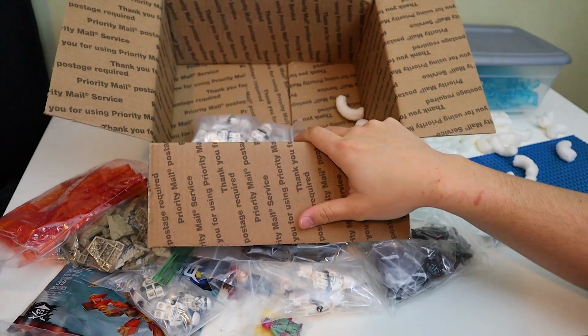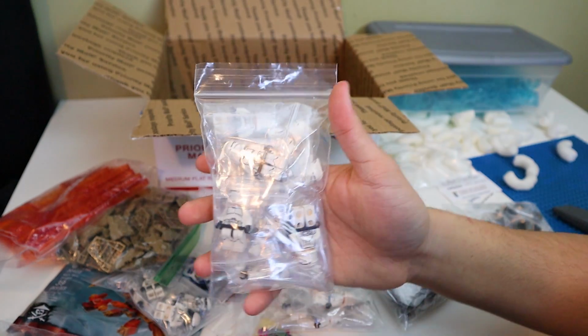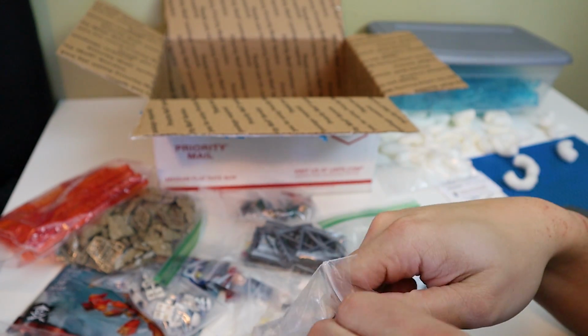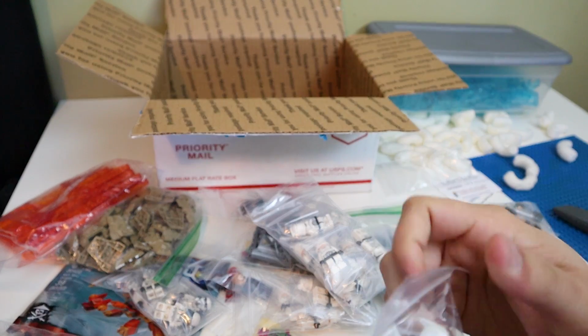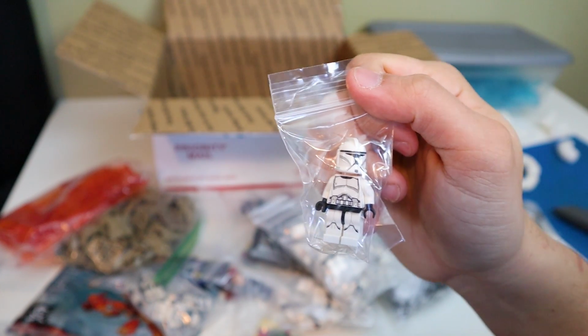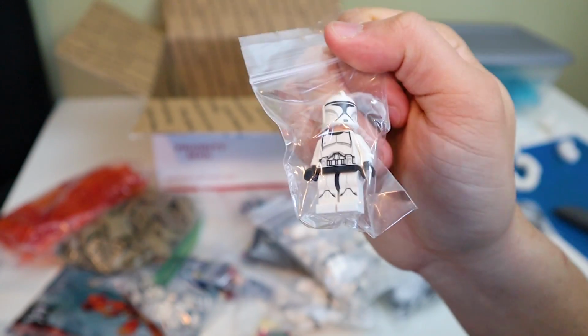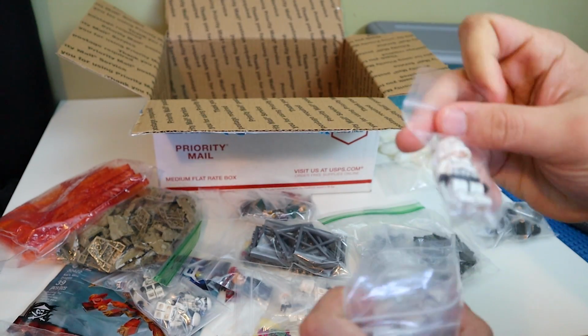And then the very last thing we have here is going to be the thing I'm most excited for. These are going to be 15 of the new Phase 1 clones. Unfortunately, I was not able to secure the other 5 from his store, but I was able to secure the 15. These guys were $2.50 each. These guys sell for anywhere between $4 and $5. And I'll just say that this is actually a pretty big indicator as to what I might be doing next. But anyways, I got 15 of these guys for $2.50 each, which, if you look at it, is an incredible